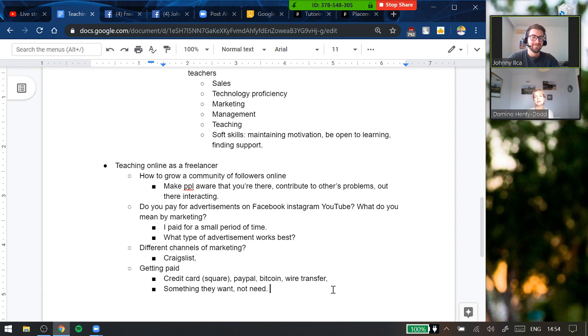But when I was talking about something they want, not what they need, I think for me that was about to actually have lessons, they have to really feel that there's a lack in their life, that they've got to have these lessons, or else they can't. They're missing something. There's a pain point, isn't there? Yeah, which goes to what you were saying. We know what they need, but they think that might not be the same for them. Exactly. So you've got to have a pain point or urgency.